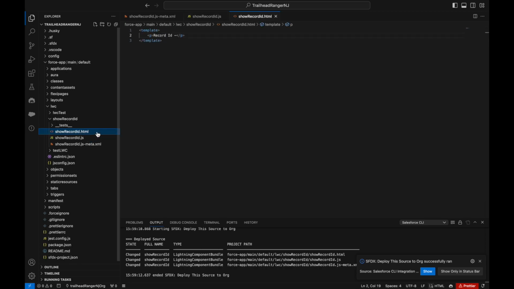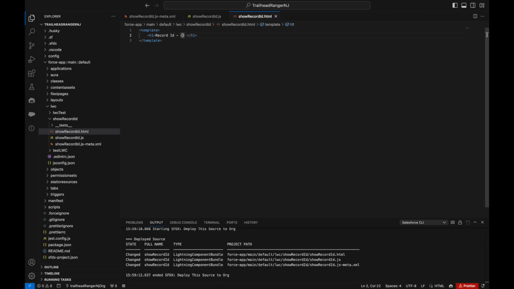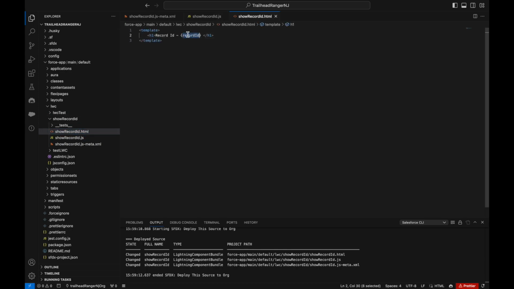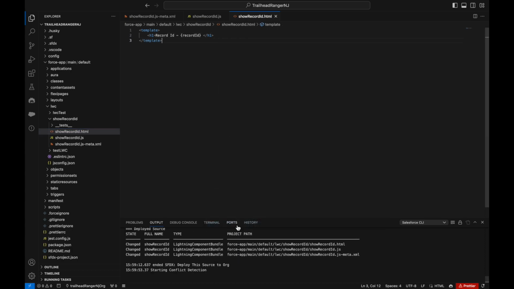After deploying it, let's go to the html, and we have given record id. So let's change this to h1, so that it is highlighted the most, and we will give the curly braces to show the record id, and then we will give our variable name here. Our variable name was recordId, so you can just copy paste it here, so that you can avoid any spelling mistake. And record id is is simple text which we want to show, and h1 is the html tag. So let's deploy this,